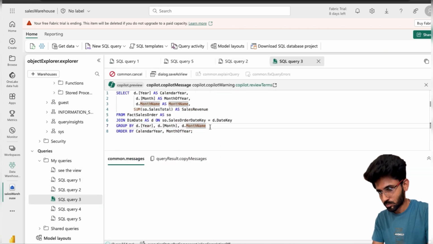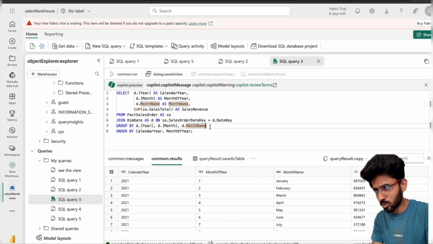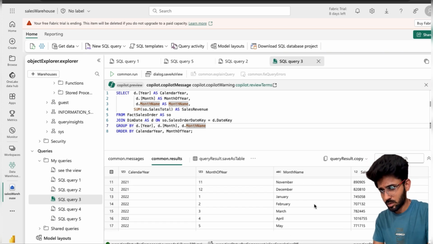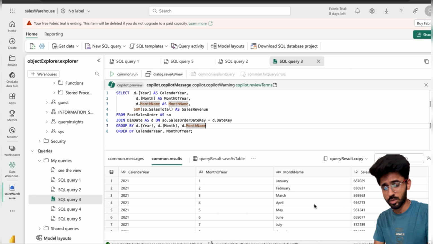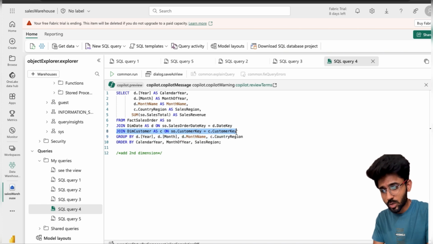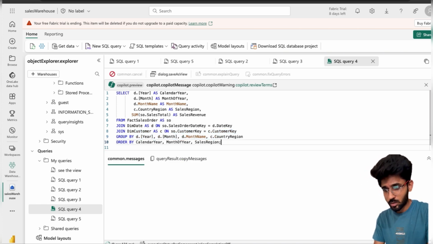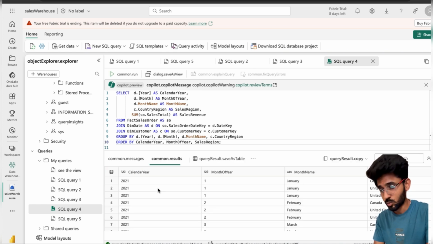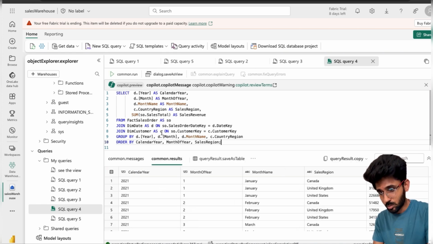Once we created our tables, now we are going to run simple join queries, where we are joining 2 tables and summing up the sales total to find out our sales revenue. We are going to fire another query where we are joining one more table now. You will see 2 joins, and you know how a join works. So we have joined one more table in our previous query itself. Now in this query we are getting the sales region as well, along with what we got in our previous query. This way we are summing up the sales revenue as per the sales region,